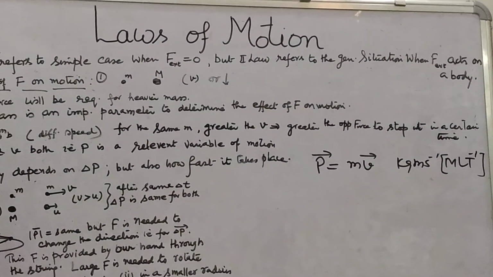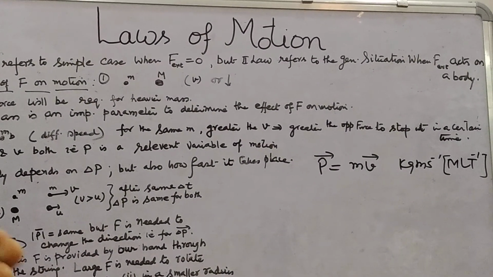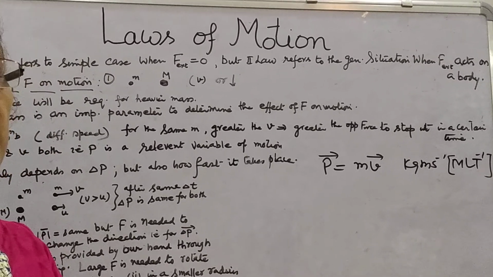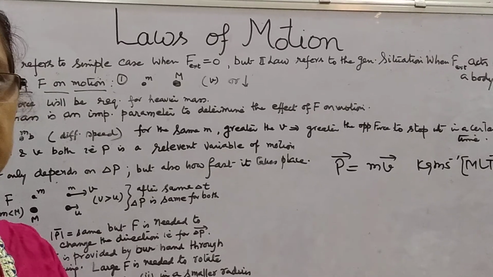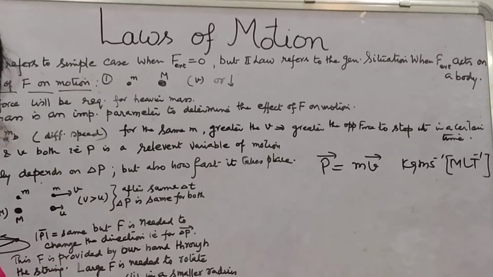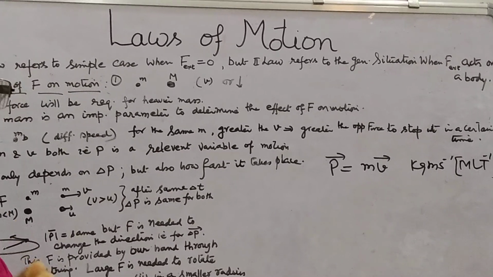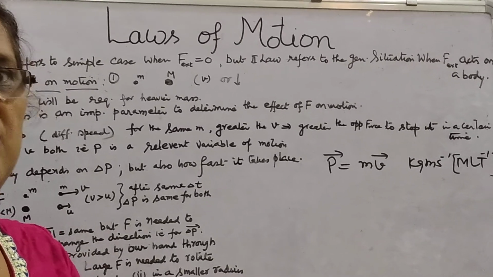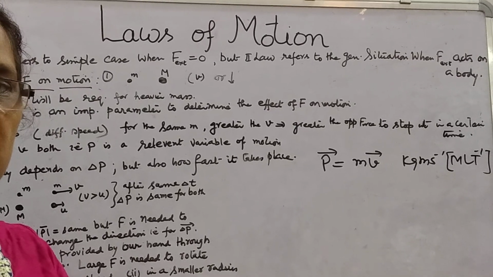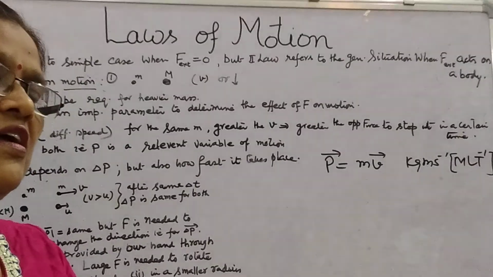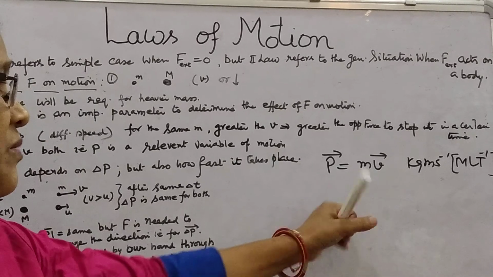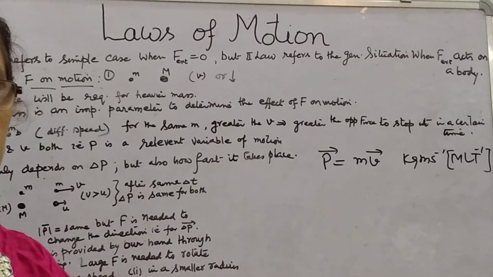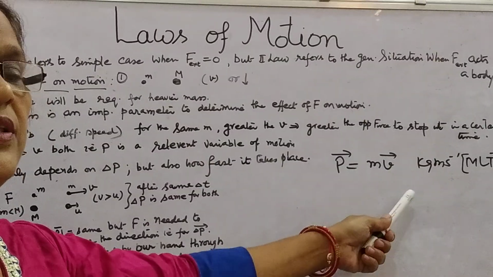Momentum being a vector, we should know how it is the quantity of motion possessed by it. With the help of examples, we can discuss the effect of force and momentum, and how they are related, because they are the very basic part of the second law of motion. Look, momentum is the product of mass of an object and velocity. It is a vector quantity. We have given the unit here.